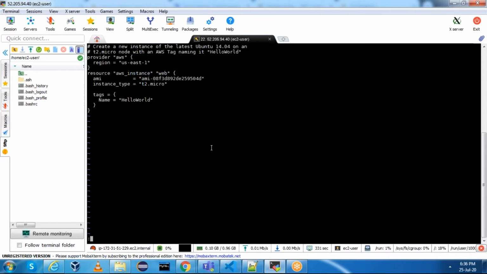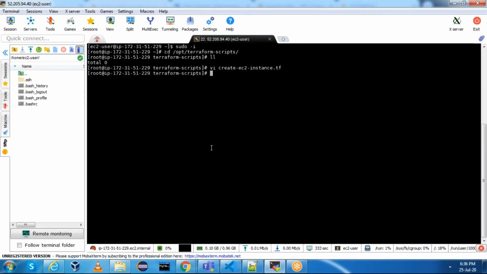Now the first thing we need to do is Terraform initialization. Just do terraform init. It seems like the path got removed, so just set the path again, or you can set it permanently: /usr/local/bin.